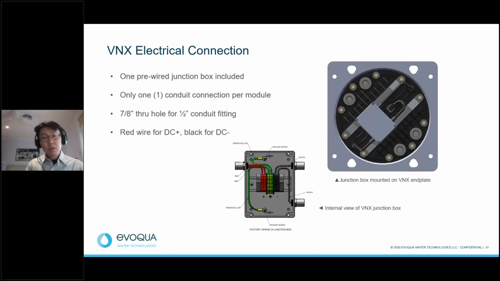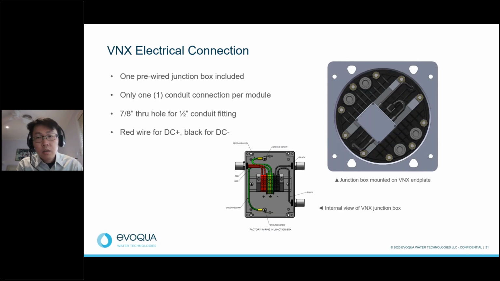For each of the VNX modules, it comes with a junction box that is pre-wired. All of the wire connections are very simple. From the DC controller, you just simply have to wire in and screw tight. As for the convention,